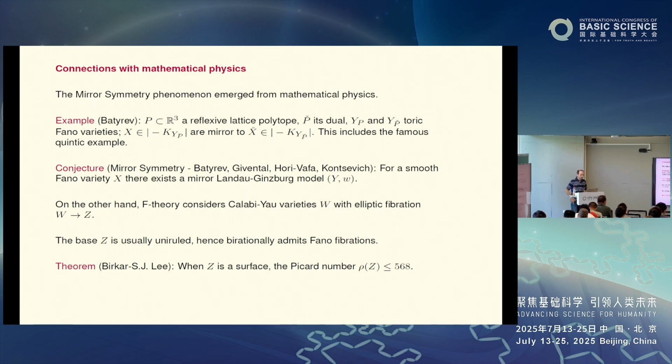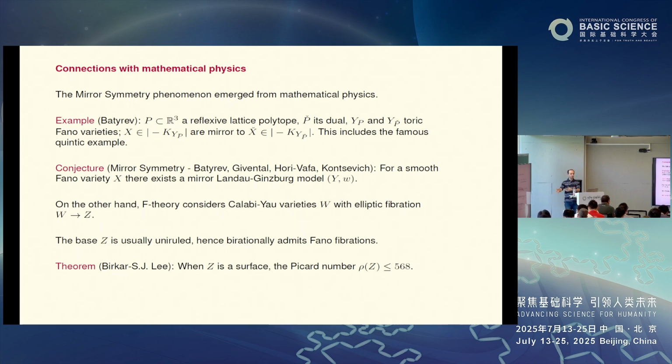So one of the first general results or constructions in this direction goes back to Batyrev. He wanted to construct mirror Calabi-Yau's in a systematic way. He said, well, you first start with a toric Fano variety, a nice one, that is given by some fan or by some polytope. And then if your polytope is nice enough, you can look at the dual of this polytope, and then you